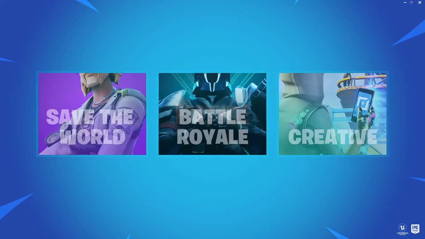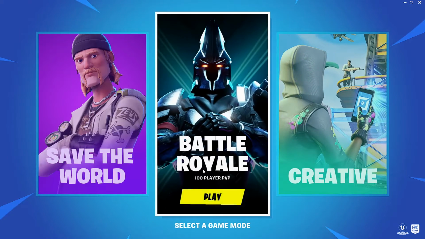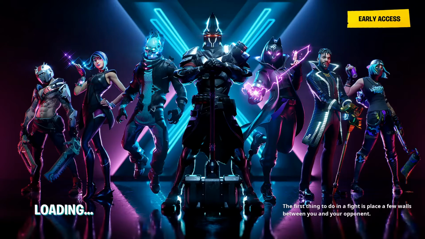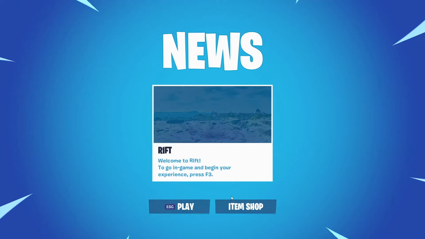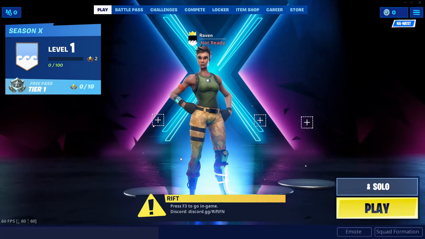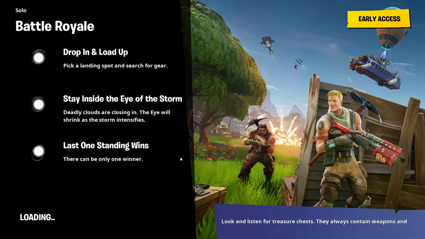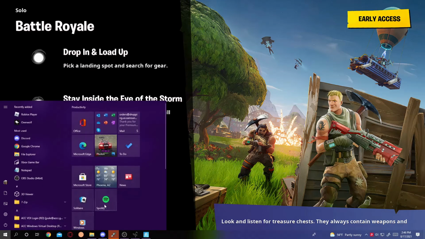So as it loads, wow, I unpaused it and it loads, but the Xbox game bar is showing. You don't have to see it, but listen, you have to read the news. If you want to read it, it says: Welcome to Rift. Go in game and begin your experience. Press F3. Go press play, and then press F3. And it'll get you to the thing. Depending on how fast your computer is, if it's fast enough that it can install Windows XP on a VirtualBox,